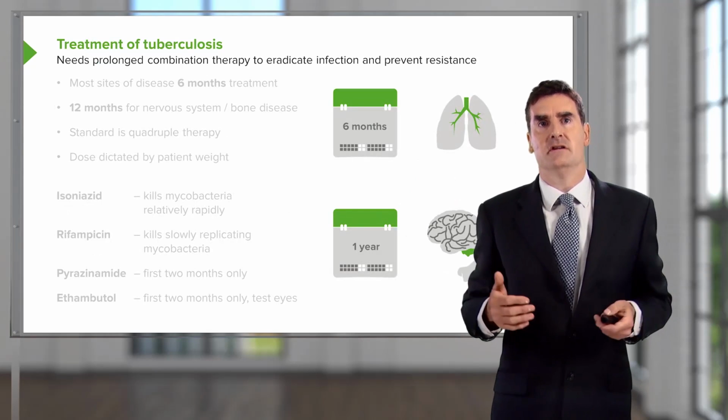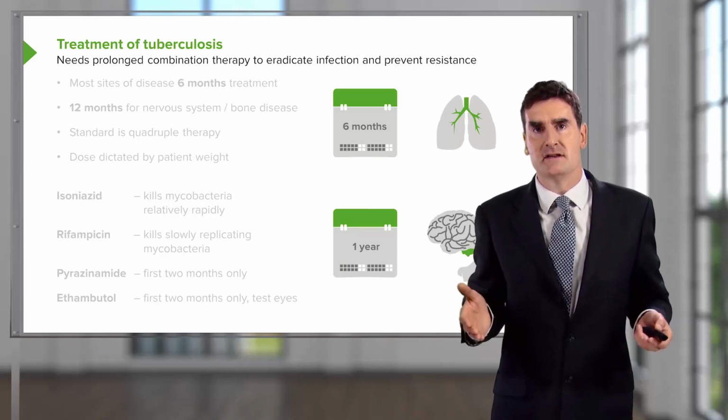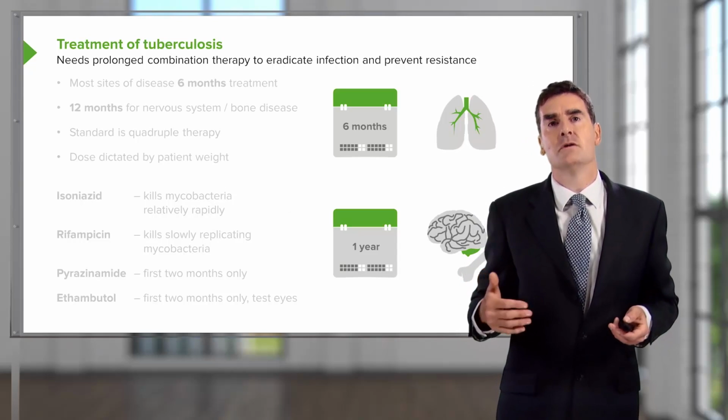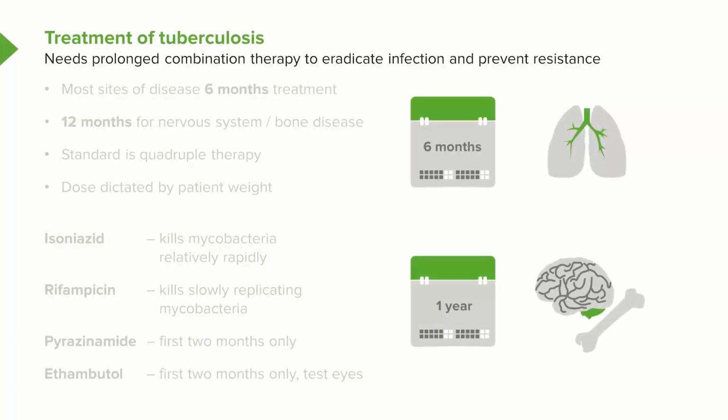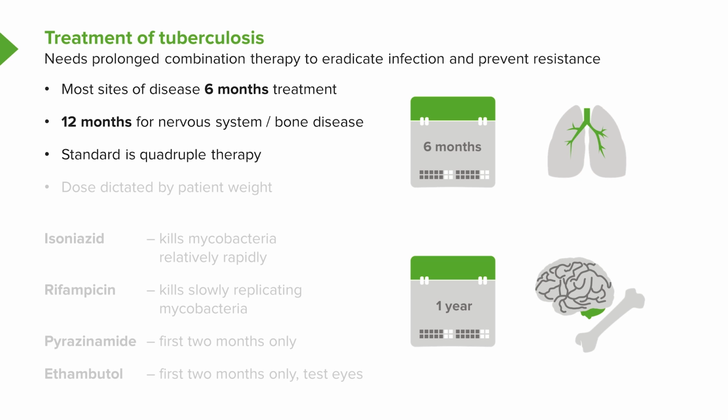The treatment of tuberculosis is actually relatively straightforward. It requires antibiotics. However, it requires more than one antibiotic, and the standard therapy is 4 antibiotics. It requires antibiotics for a long period of time. The minimum treatment period is 6 months, and if you have central nervous system disease or bone disease, it often goes on for at least 12 months. So we'll ask the patients to take 4 drugs for 2 months and then 2 drugs for 4 months at least. The actual dose that we give the patient is dictated by their weight, with the split being 50 kilograms. If they're below 50 kilograms, they get a lower dose. If they're above 50 kilograms, they get a higher dose.